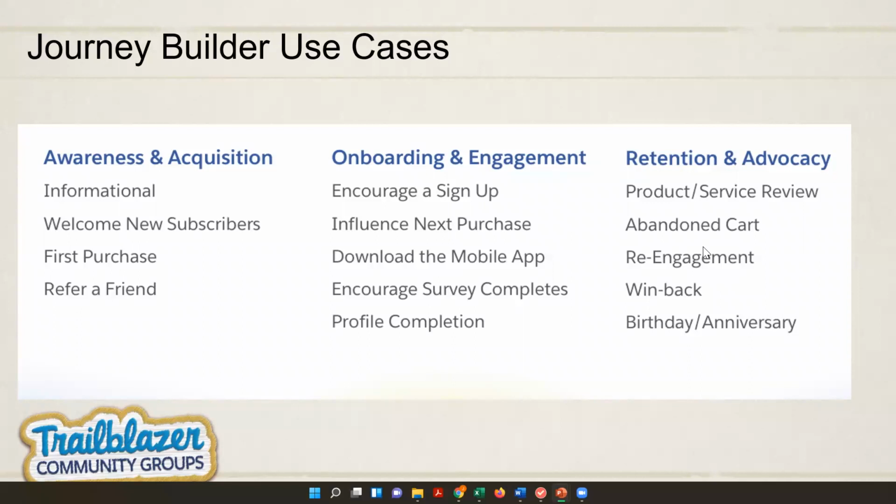These are the various use cases, just to give you an example of all the places where a journey can be created. Let's say a company has identified a customer. Right from the awareness stage, we reach out to the customers to create awareness of the brand. As part of that, we may send some informational newsletters, or some other details to help them understand a particular brand. And then throughout acquisition, onboarding, engagement, retention, and advocacy, throughout all the stages of the customer's life cycle,